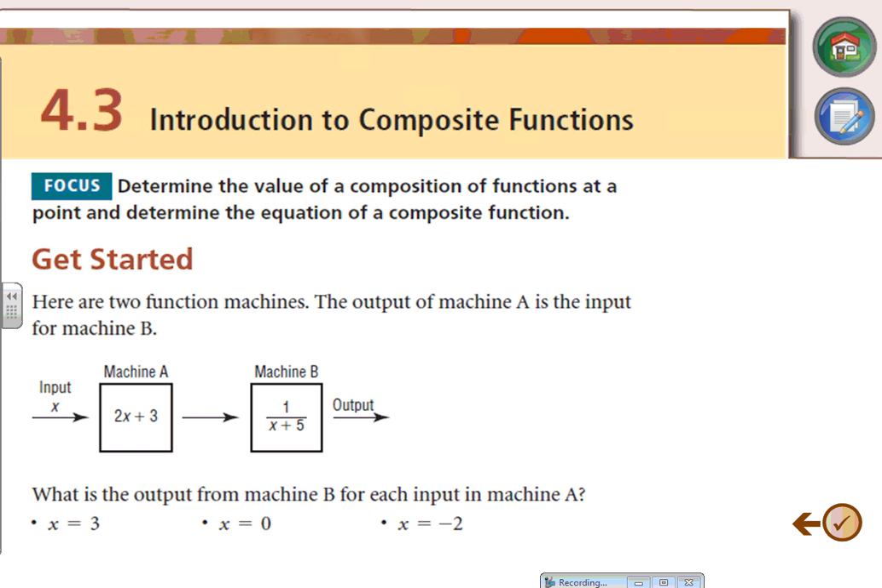Alrighty, 4.3, Introduction to Composite Functions. So first thing we're looking at is trying to figure out what is a composition. Well,